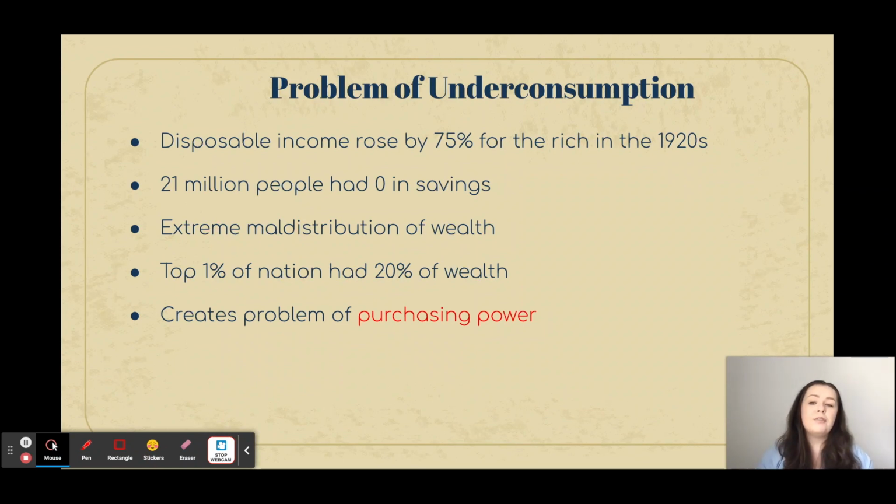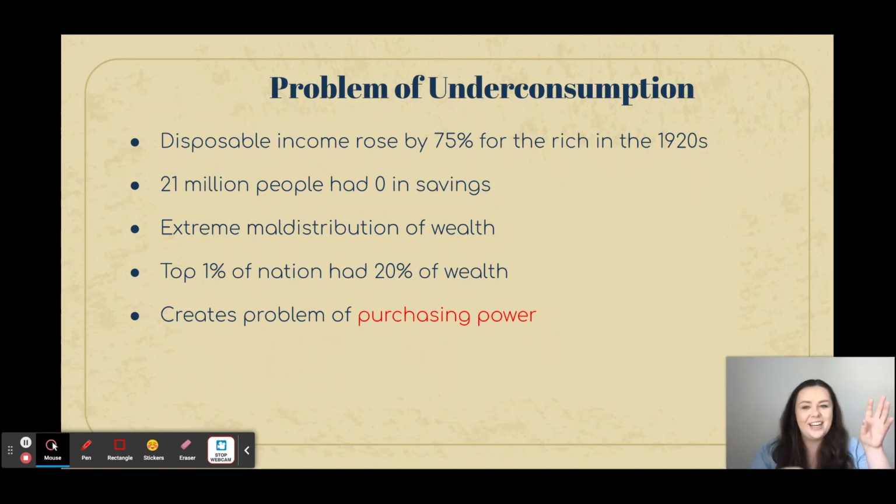So you also have this maldistribution of wealth. So that's the people at the top. So the rich, their disposable income and how much they can spend is increasing by 75%, but you have so many Americans with $0 in savings. So that's a maldistribution. The top 1% of the nation holds 20% of the wealth, whereas the other 99% only has 80. So the people on the top, that means they're really rich, and the people who are on the bottom are